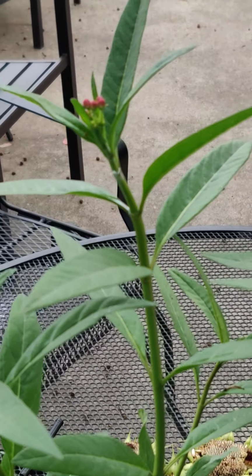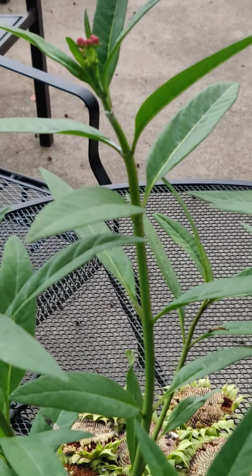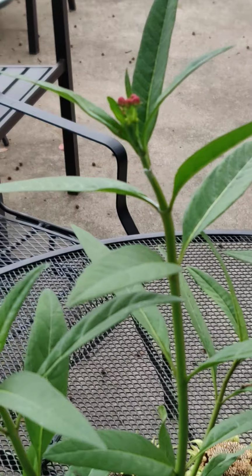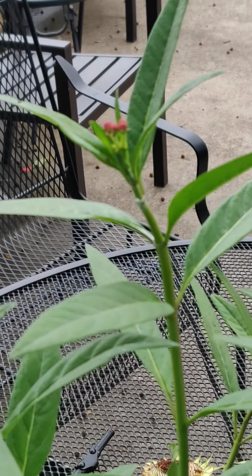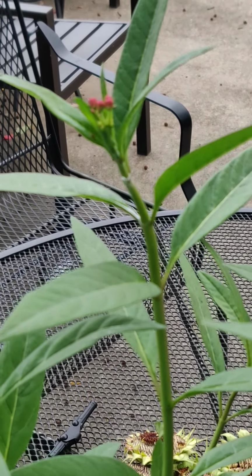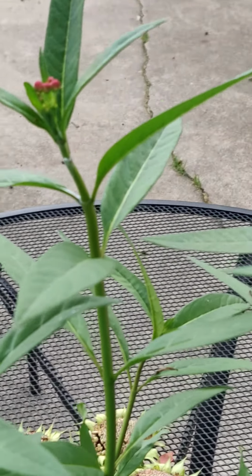And in that time frame, it will grow and grow and grow, shed its skin. It will make a chrysalis, which will be green in color. And I have other videos that have shown that already. And then it will emerge, or eclose as it's called. It will eclose as a monarch butterfly. And then it will only live maybe 2 to 4 weeks